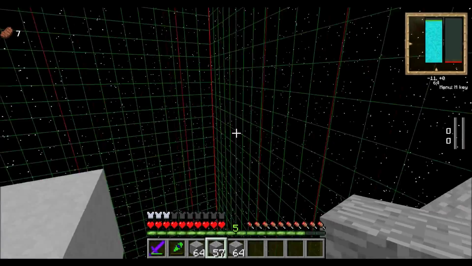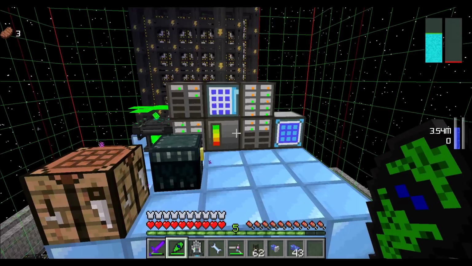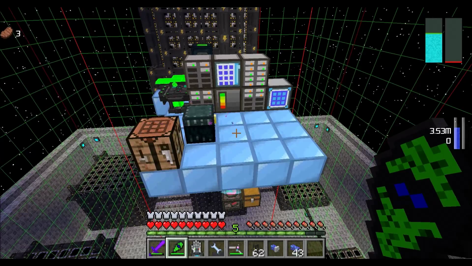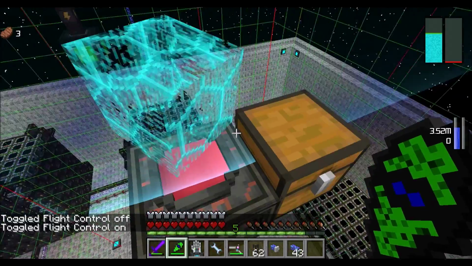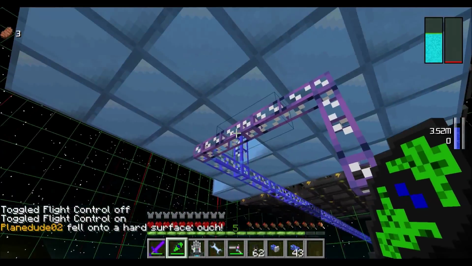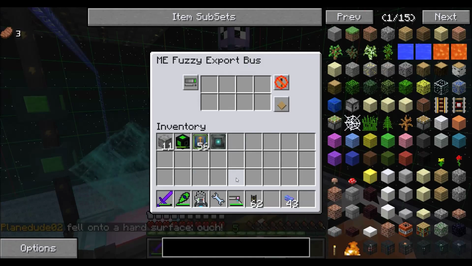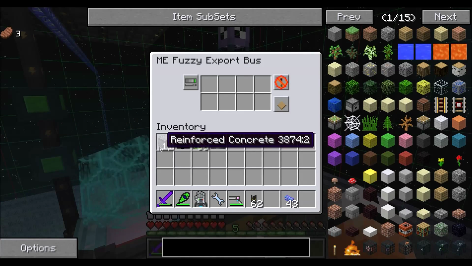Assuming that you've got your ME set up correctly, so you brought along your ME controller, your ME access terminal and your ME drives, what you're going to want to do is get yourself a Forcefield projector, a chest, some ME cable running down from your ME system, an export bus, just stick it on top of the chest. Now I'm making my outer shell out of reinforced concrete,